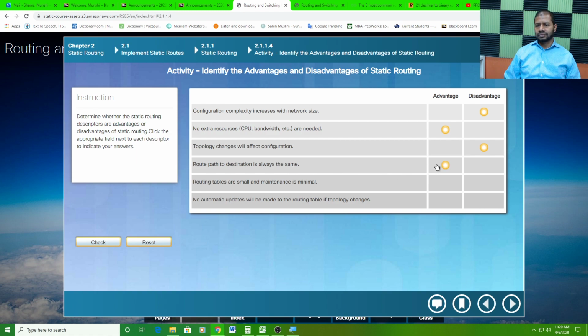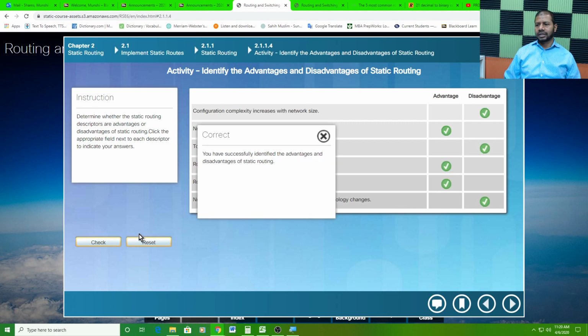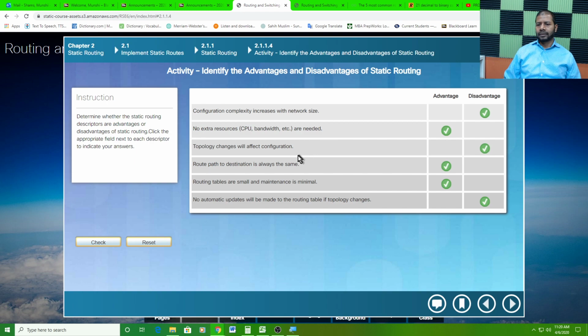That's an advantage. Routing tables are small and maintenance is minimal. That's an advantage too. No automatic updates will be made in the routing table if topology changes. That's a disadvantage. So let's check that. Yes, we did good. So there are advantages and disadvantages of using static routing. Okay. Next,